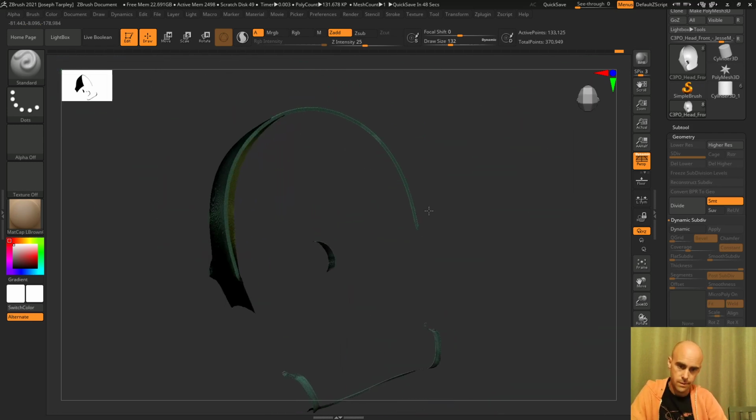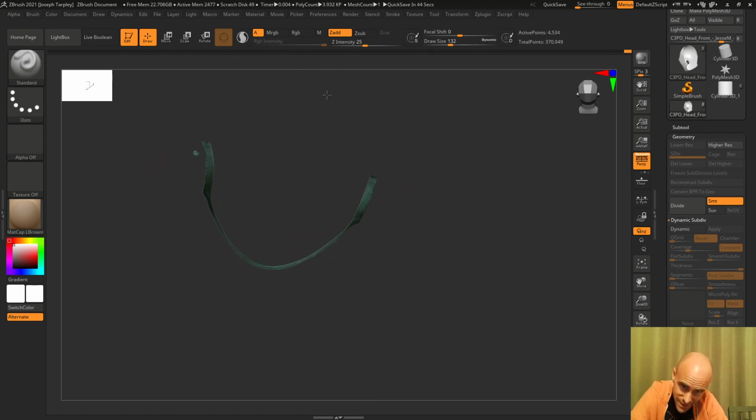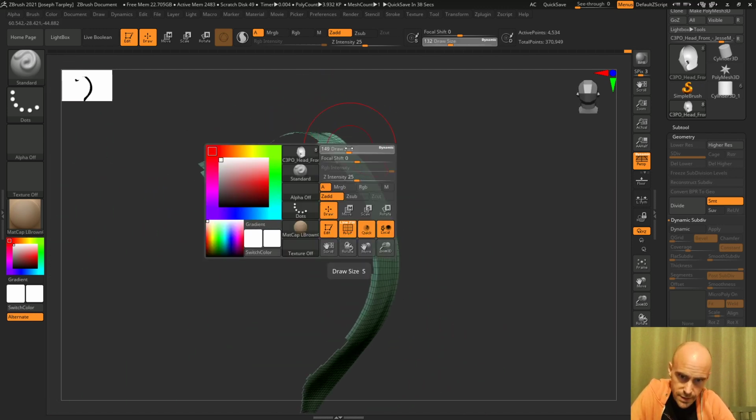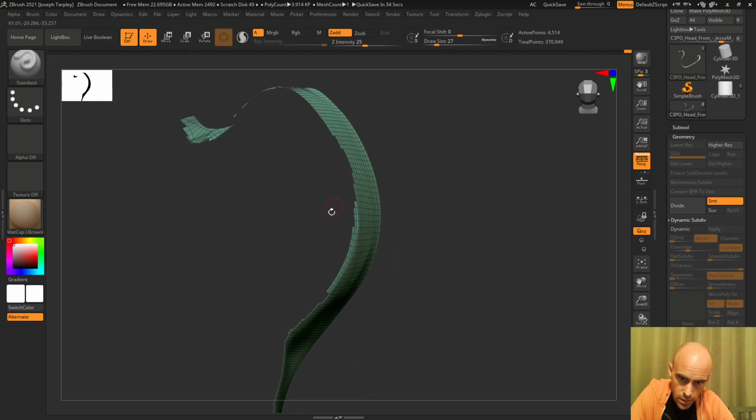Let's see here. Get rid of this. Probably gonna have to come back and bring back a little bit of the edge here in some spots if I wanted to be super clean, but